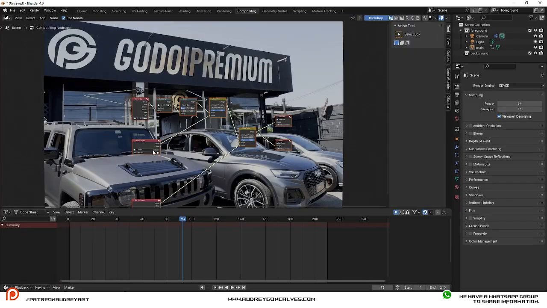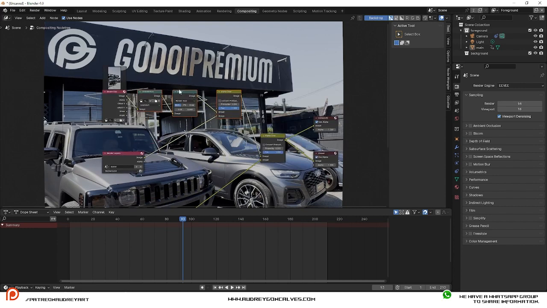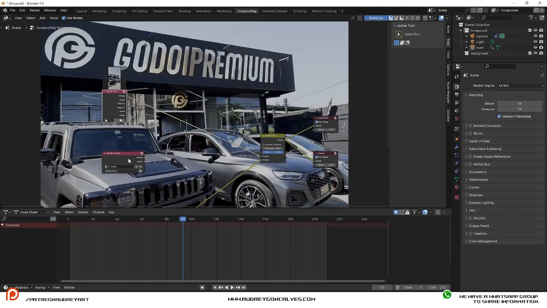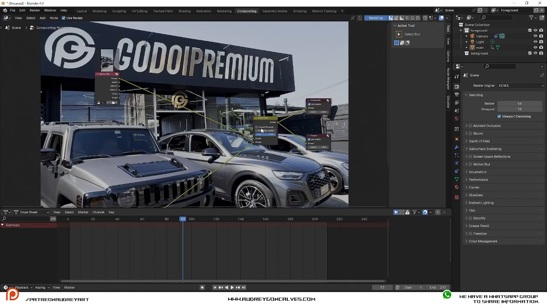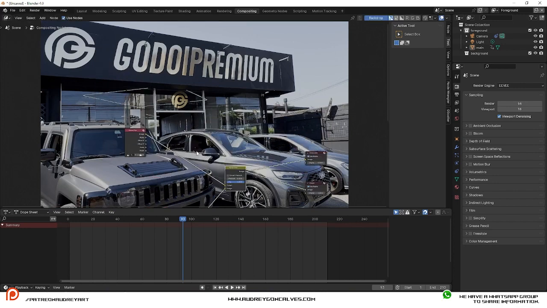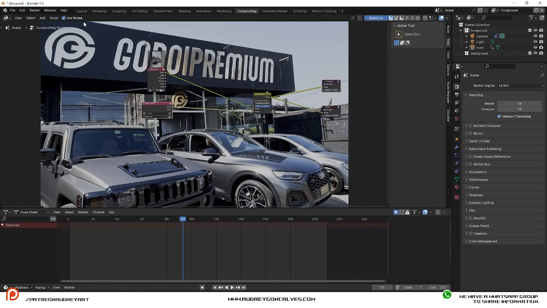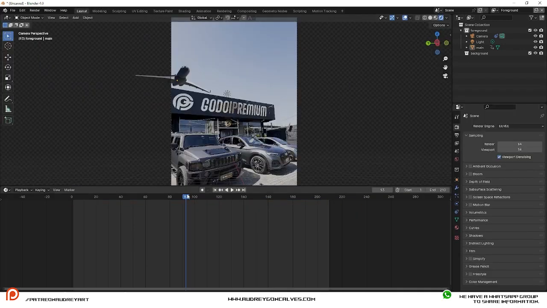If you want to change something here in compositing, you can do it. First thing first, you just need to select all of these three nodes and press X to delete them. And then here I'm gonna plug this into image, and this one I'm gonna delete. So it's pretty cool, pretty organized. And if you want, you can play around and add hue, saturation, glare, or stuff. In this case, I want to work only with my airplane, so we are going to finish this render